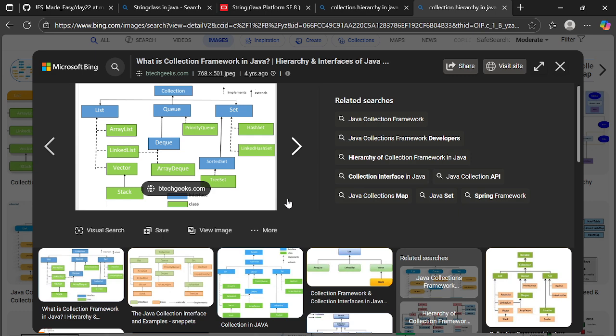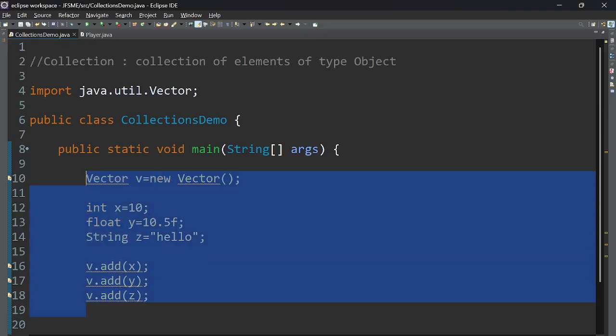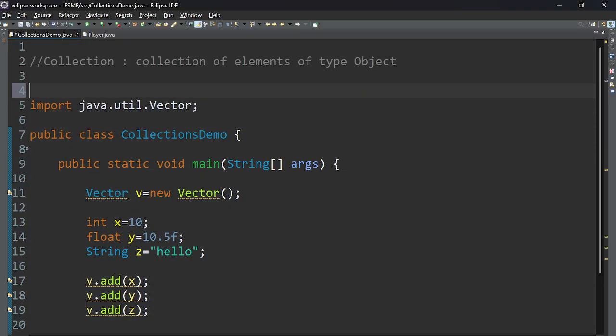What suits our requirement? Sometimes you want a unique collection, sometimes you want your collection to maintain the order, sometimes you want an unordered collection. So depending upon the requirement, we choose a collection. Here we have chosen a list. What is the advantage of using a list? A list can contain duplicates, and a list is